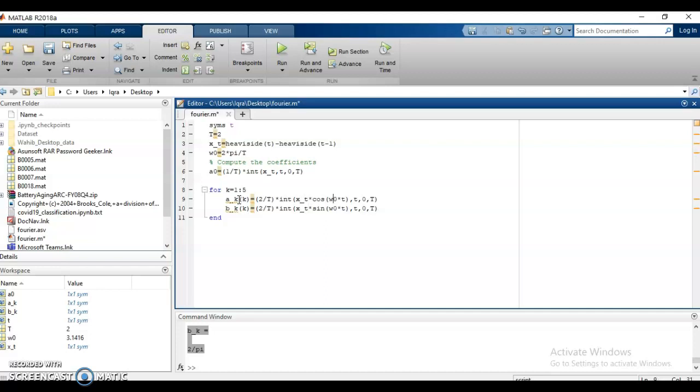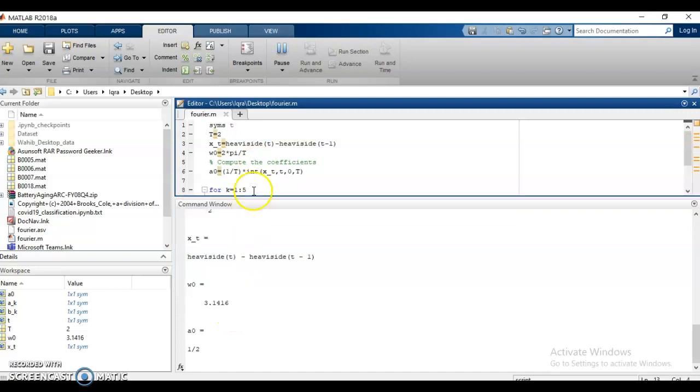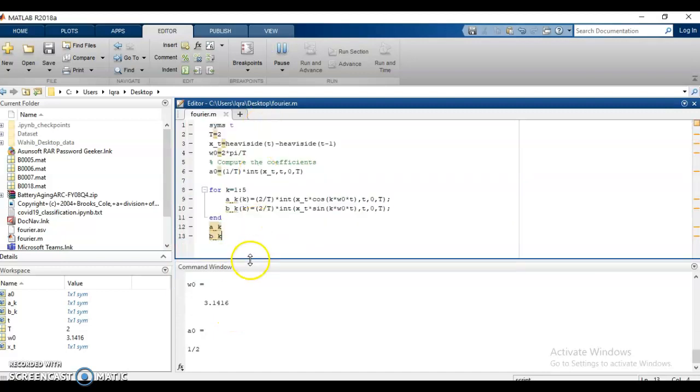Also, along with this cos and sine I have to multiply the k. So now we get ak and bk for every value of k. Let's run it once again and see the results. I have only displayed them once, after it finishes computing.